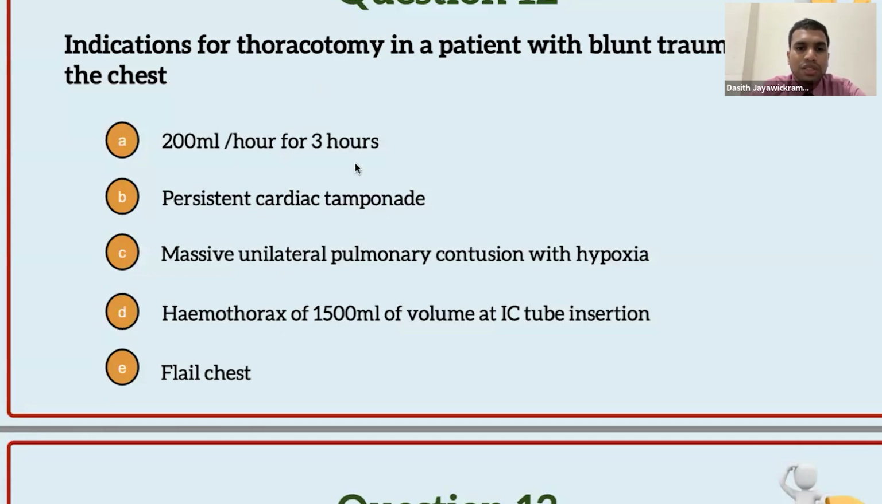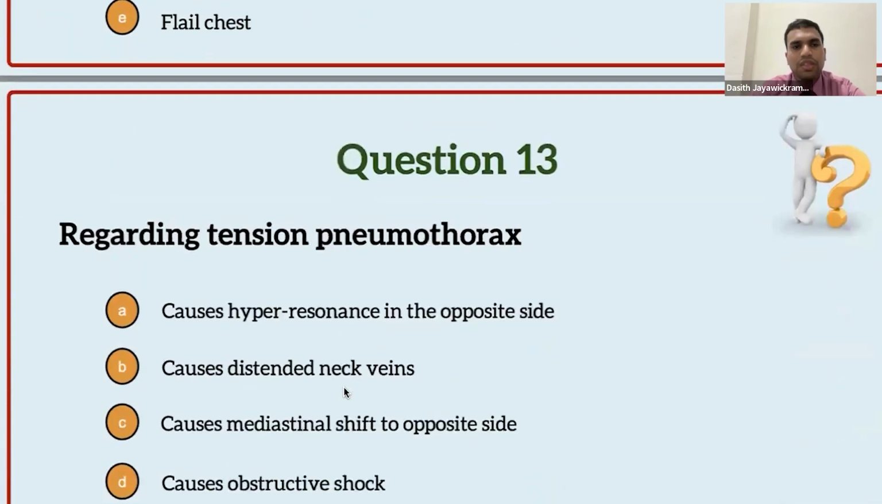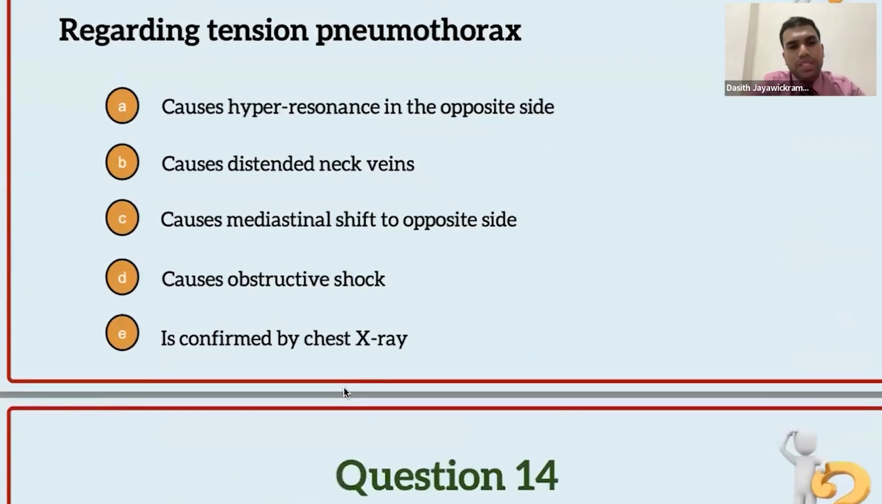Did anybody get these answers correct? I hope you guys are answering at least at home. So regarding tension pneumothorax, it causes hyporesonance on the opposite side. Is it true? No, this is the ipsilateral side, not the opposite side. Causes distended neck veins. Yes, because of the mediastinal shift,